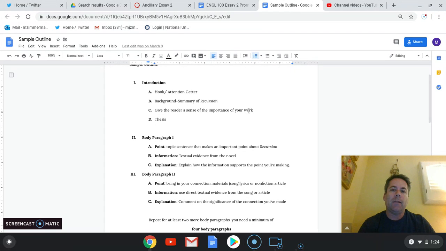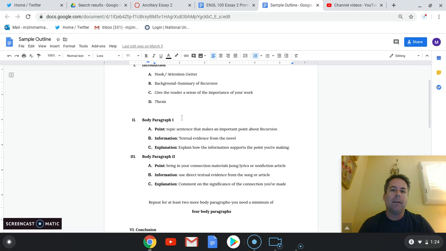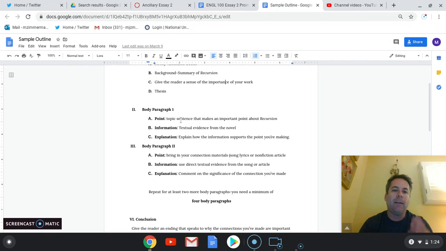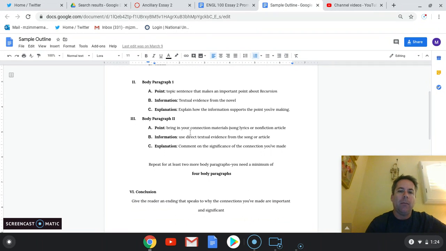Think about why this is important, and then your thesis. Then you go on to make at least 4 body paragraphs, right? Each body paragraph should have a point, information, explanation at the very minimum. You also want to think about transitions and making sure each essay has a specific flow that works for the points that you want to make.